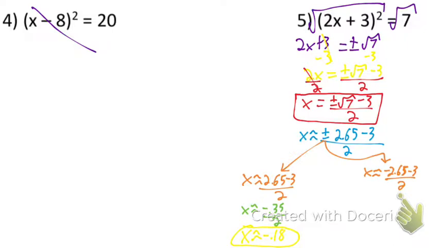Now we need to go back and do our other one. On our other one, negative 2.65 minus 3. It's going to be a negative what? 5.65 divided by 2. And when we divide those by 2, we end up getting x to be approximately negative 2.8, if we round to the nearest 2 decimals, negative 0.28. So see how it looks like 3 answers, but it's really 2 exact answers,